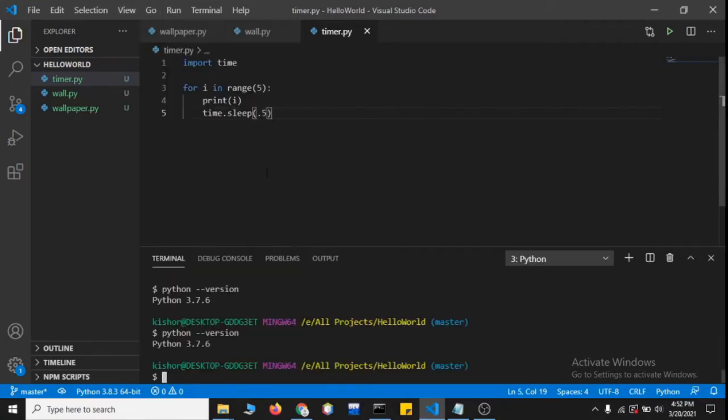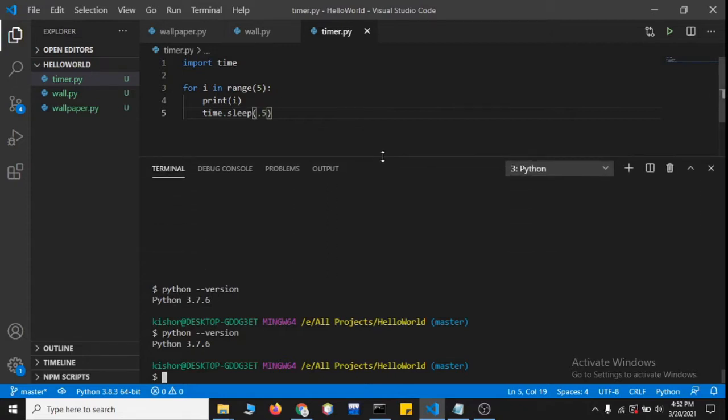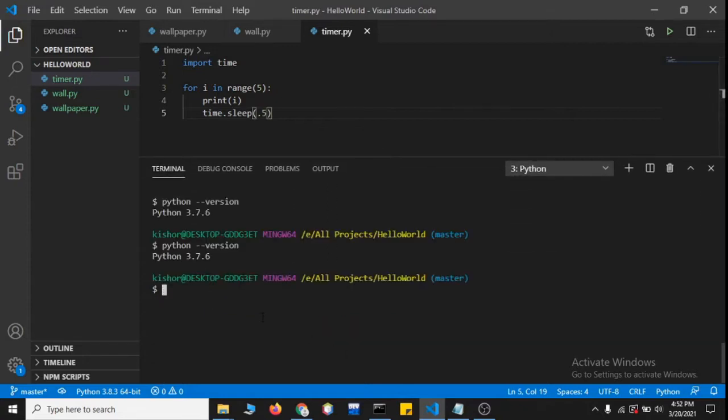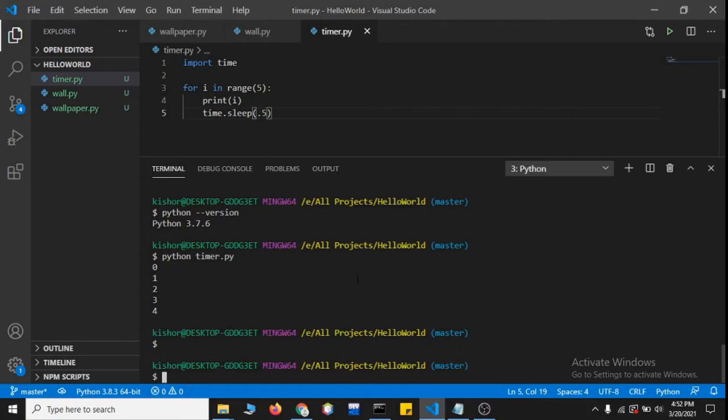I hope you all know how to run a Python program from the terminal. We just write python and then provide the file name, and it starts running. If we want to terminate the file, we can simply press Control plus C.